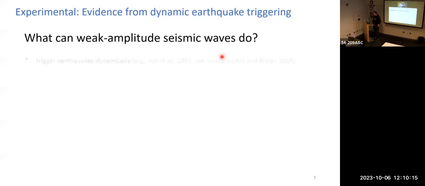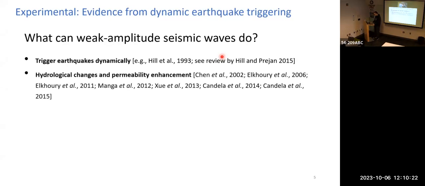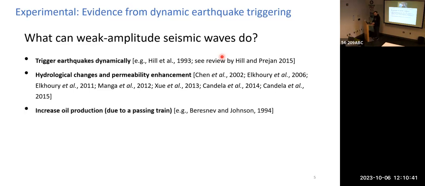Other observations were also followed by David Hill on triggered seismicity, including that some earthquakes can be triggered dynamically by very weak seismic perturbation. And after the earthquake, people observed hydraulic change and permeability enhancement, which means the seismic waves can permanently change the permeability of the formation. And